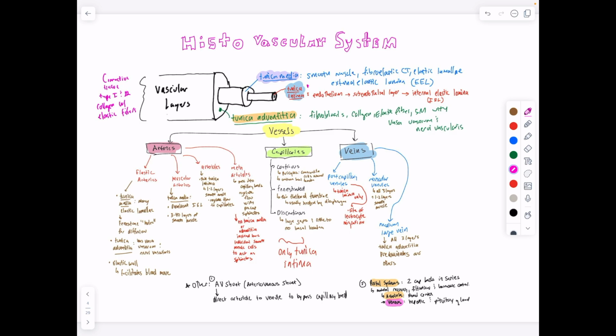We have the innermost tunica intima, then the intermediate layer, the tunica media, and then finally the tunica adventitia. The idea is that the bigger vessels are going to have all three. The capillaries are only going to have the tunica intima, and then we have the arterioles and the postcapillary venules. The metarterioles and the postcapillary venules are going to have tunica intima only. But the presence of these and what they look like is going to allow us to distinguish different types